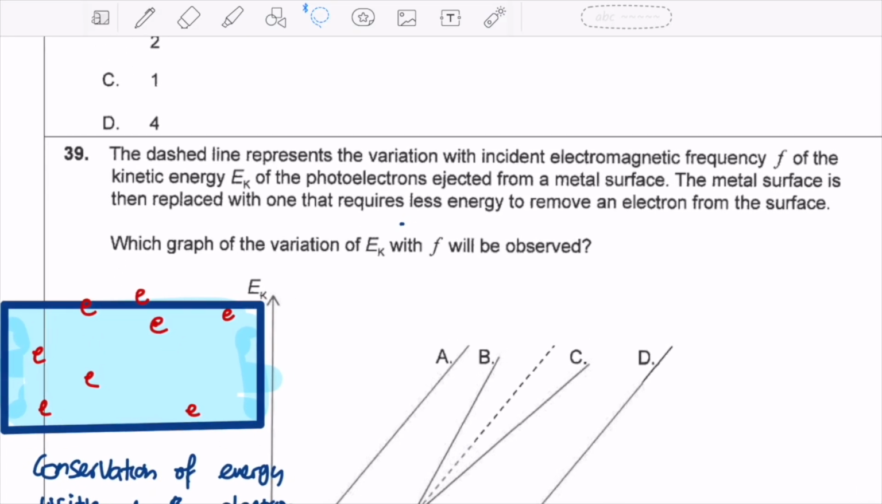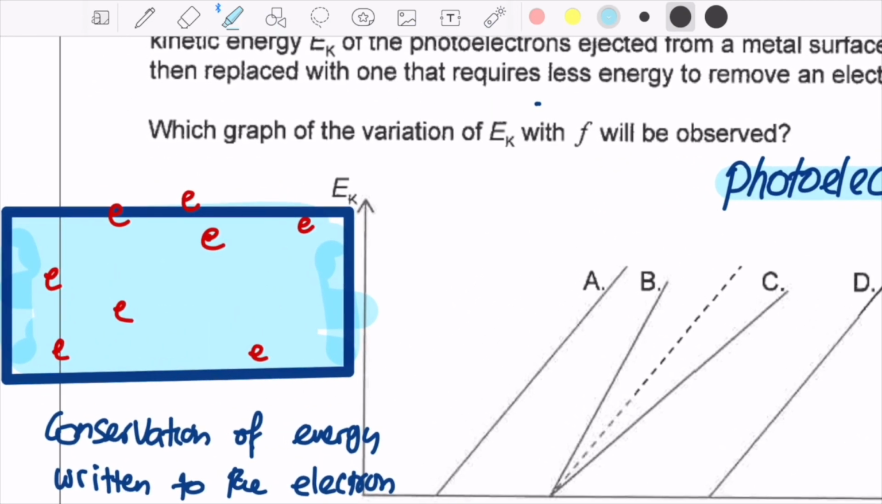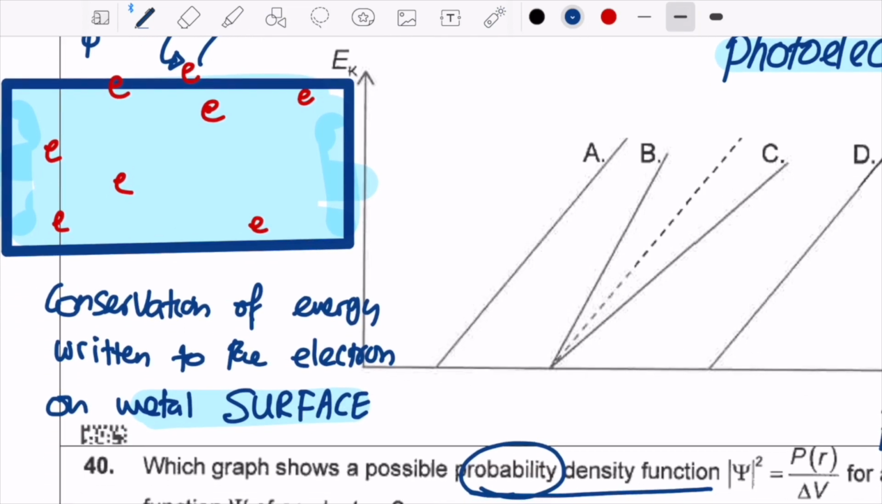Question number 39 is about something called photoelectric emission. What do we know about photoelectric emission? One, we know photoelectric emission is when an electromagnetic photon comes and gives its energy to an electron. If that energy, given by hf, is more than the work function of the metal, this electron can jump out. Second thing we know is that we write an equation based on conservation of energy,